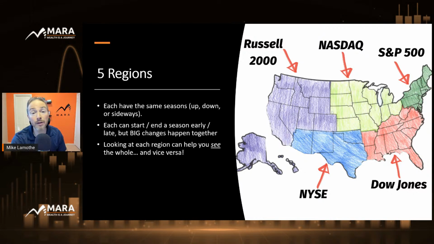Like earlier this year, you started to see the S&P 500 start to break out a little bit. It was choppy. Same deal with the Nasdaq. The Russell was moving sideways for a long period of time. And then what happened? Just over the past couple of weeks, the Russell finally breaks out of its range that it's been in for a very long time, and with it, you finally had the bigger move happening. That's why looking at the market like this could be so helpful. Looking at each region can help you see the bigger picture, and vice versa.